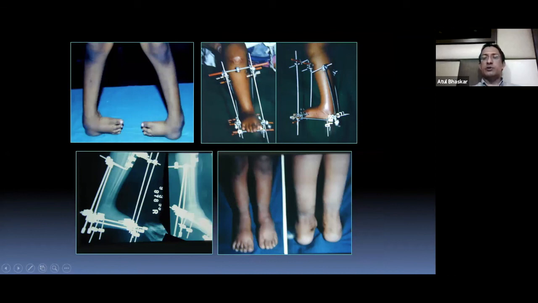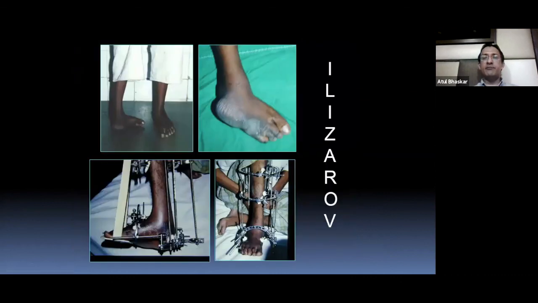So this is what some people will do for relapsed club foot with very poor skin condition. There I would use a fixator. When the skin condition is poor, this is a technique to be used. And Ilizarov, again, for the fans of Ilizarov, the ring guys, is for very rigid deformities. You must be familiar with the technique and you must know how to apply the frame. So these are salvage procedures. Again, you get a very good plantigrade foot. They are stiff, but at least the patient is able to wear footwear.